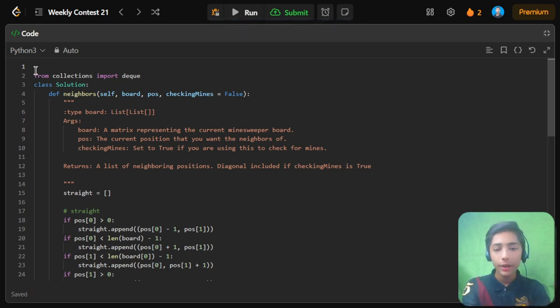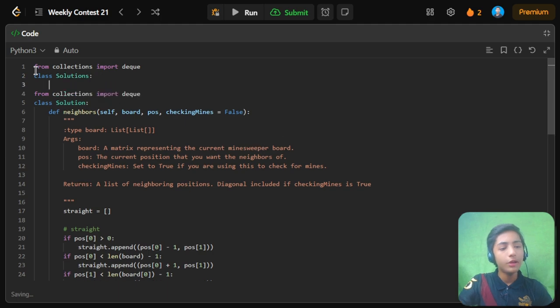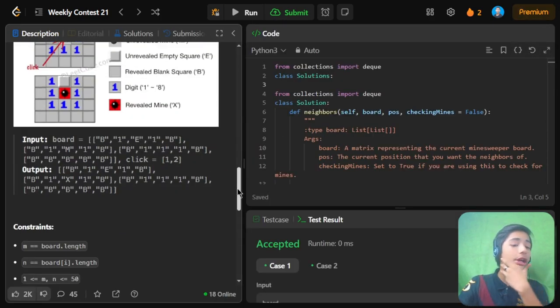Because from the starting we are solving over all the Python questions. So first of all we define here from collections import deque. Now here we define a class of Solution because there is a rule of LeetCode: whenever you start to solve any question, first of all you define a class of Solution, and there is a medium question